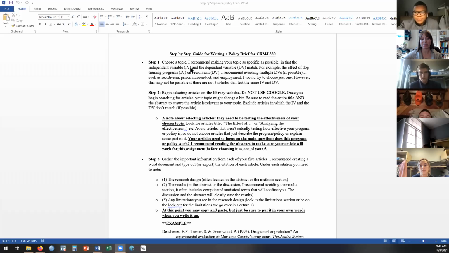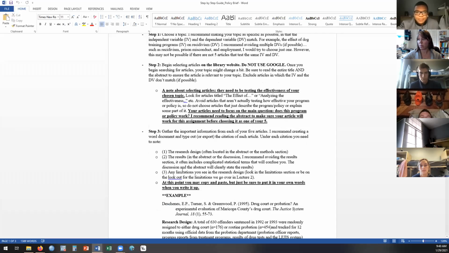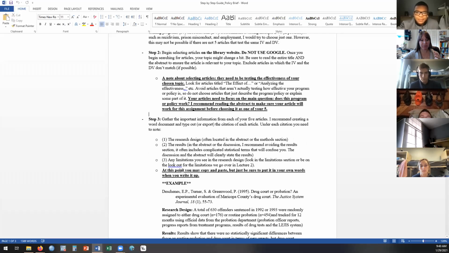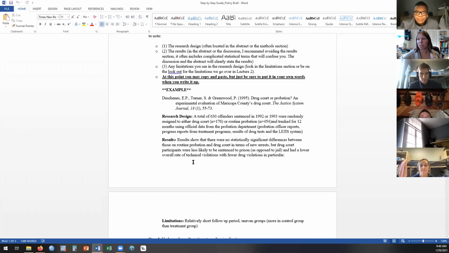Okay, we have done steps 1 and 2, right? Step 3, we are going to create the draft of our literature review, which is the middle of our paper, okay? Don't get upset about that, but we have to do the research first. So we are going to start a draft, and this is exactly what it's going to look like right here. You're going to put the citation at the top of the page, then you're going to write research design, results, and limitations, and then we're going to go through the articles and copy and paste the information where it belongs.